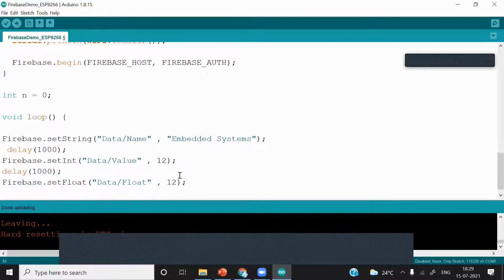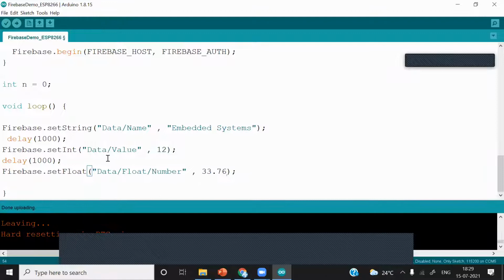I will create another branch so you can better understand how it works. I'll name it number, and in that you have to give a float data type. A float is something like 33.76.